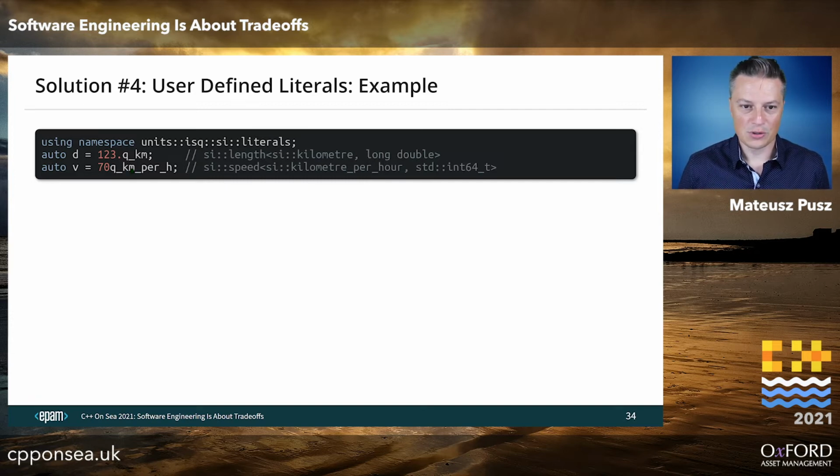But it is something that we are used to, right? We are already working with this in Chrono. And I had to provide this Q disambiguator here in front of the literal because some of the units collided with what we already have in compilers. So it cannot be just kilometer like in case of Chrono.